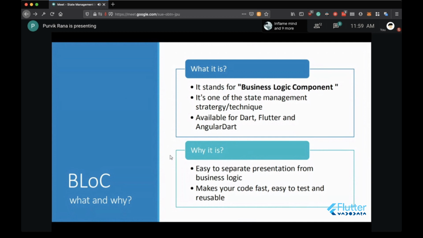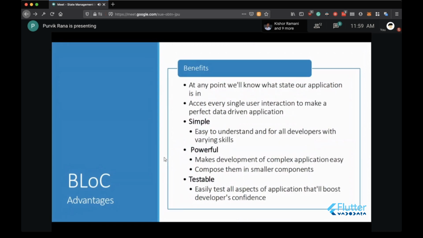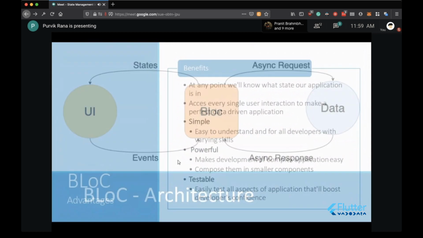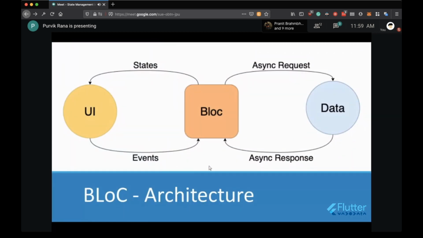If anyone has a question about what and why the bloc is there, the bloc advantages, or the bloc architecture. Yeah, I'm Robin here. On the events, do they have to be events only for UI changes, or can they also be events like offline and online?